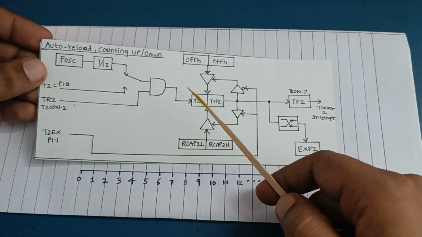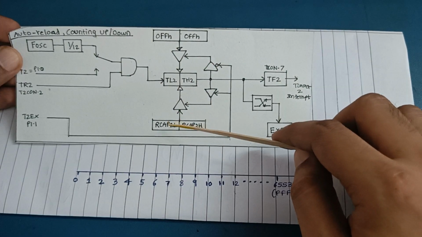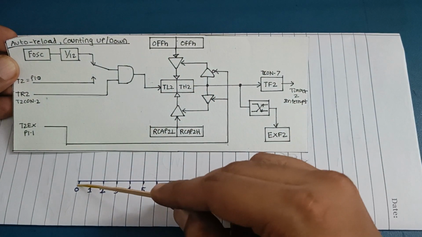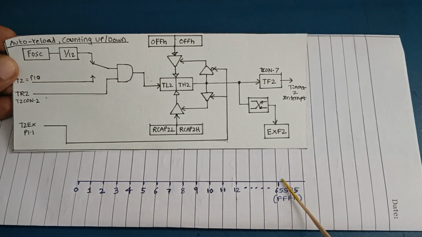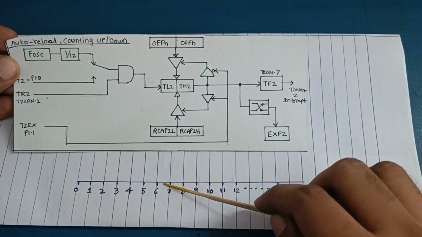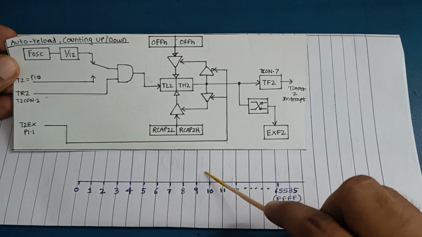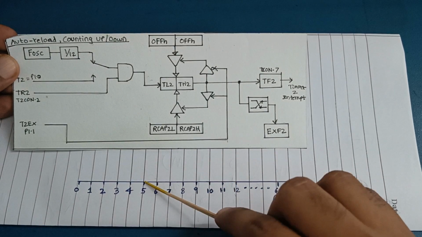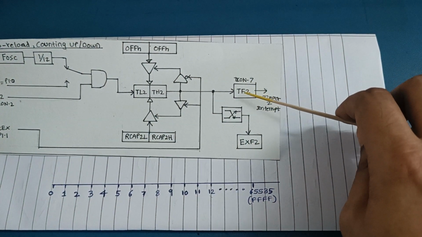In this mode, if we set the T2EX bit to 1, this will act as an up counter. Suppose RCAP2L and RCAP2H are loaded with 6. Start the timer, pass the counts, and TL2 and TH2 start to increment. When it overflows from 65535, it will reload the contents of RCAP2L and RCAP2H back into TL2 and TH2. So 6 is loaded again and the counting starts from 6. On each clock pulse it increments until it reaches 65535, and the cycle repeats. Every time the counting registers overflow from 65535, it will set the flag TF2, and also